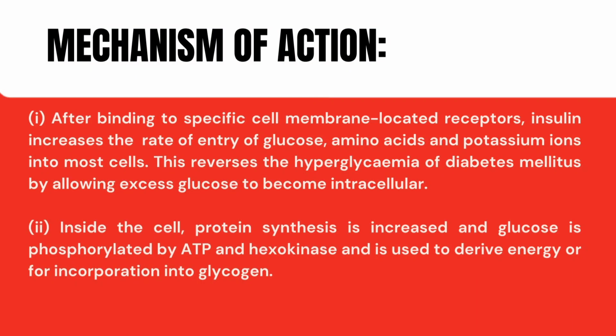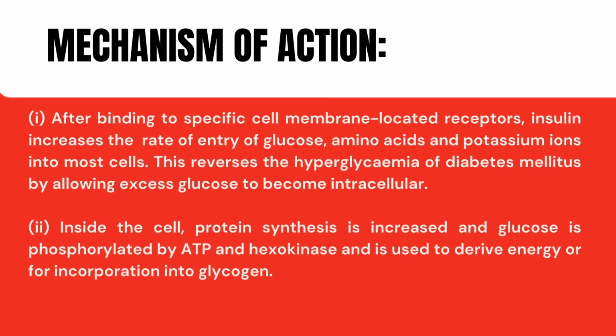Mechanism of action of insulin. After binding to specific cell membrane-located receptors, insulin increases the rate of entry of glucose, amino acids, and potassium ions into most cells. This reverses the hyperglycemia of diabetes mellitus by allowing excess glucose to become intracellular. Inside the cell,